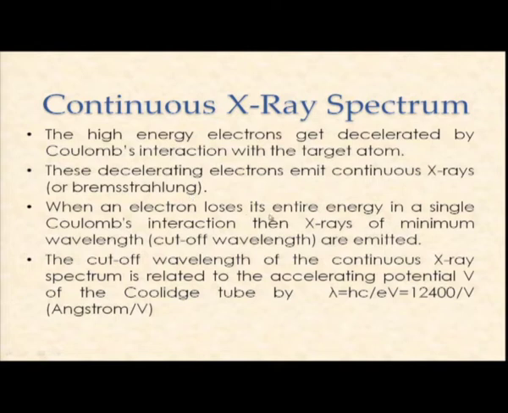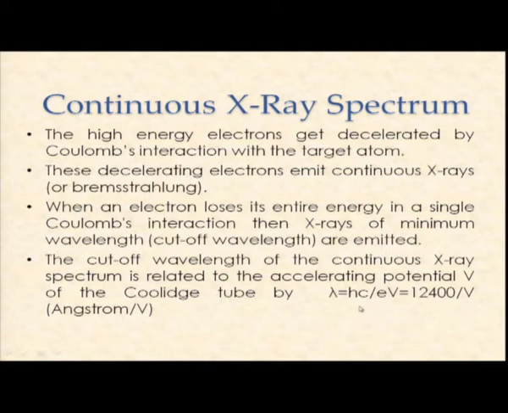When an electron loses its entire energy in a single Coulomb interaction, then X-rays of minimum wavelength are emitted. The cutoff wavelength of the continuous X-ray spectrum is related to the accelerating potential applied between the cathode and the anode, which is given by the relation